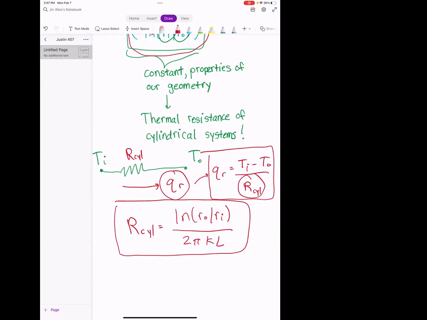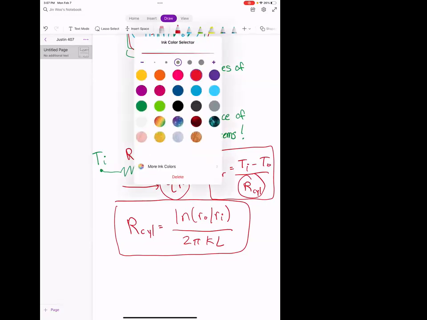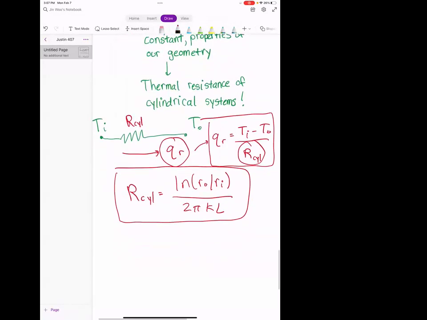All right. I think I have an example later with thermal resistance, but before we get to that, I want to do another heat equation example, because there's an interesting case which can happen in cylindrical systems that you don't have in Cartesian. And so this is going to be another heat equation example because it's interesting.